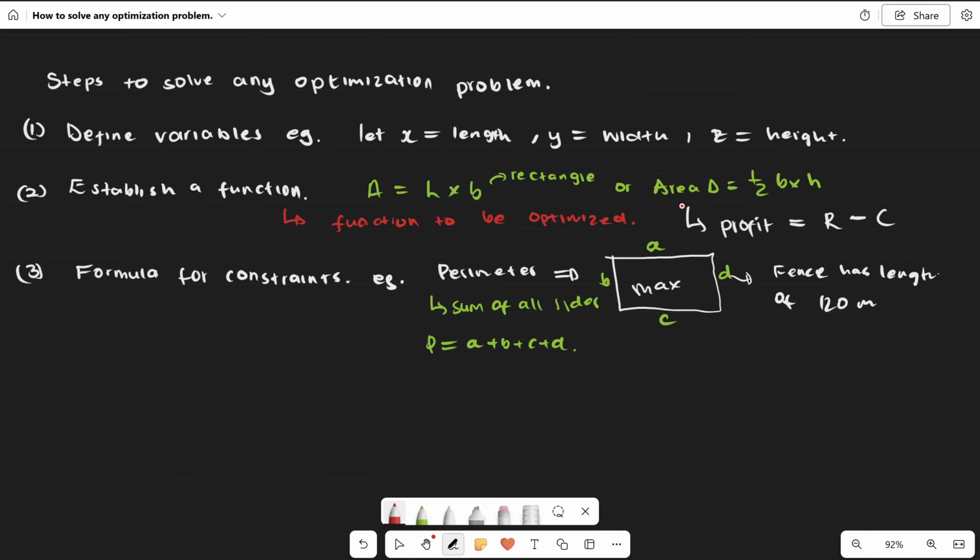But now, if we were looking at the profit function, what would be our formula for constraint? It would be something that we do not have enough of, right? We're trying to maximize the profit, so our formula for constraint would be something that we're trying to minimize. That means we would be trying to minimize our cost, because obviously in order to make the most profit,